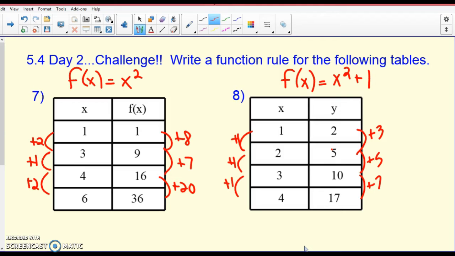So, if you cannot find a consistent pattern, and remember, our linear function f of x is our rate of change times x plus initial value, and our rate of change is change in y over change in x, times x plus the initial value. If that does not work, then you need to start looking